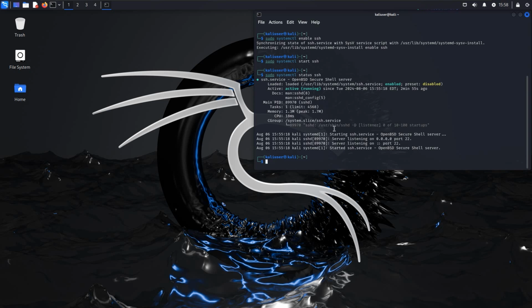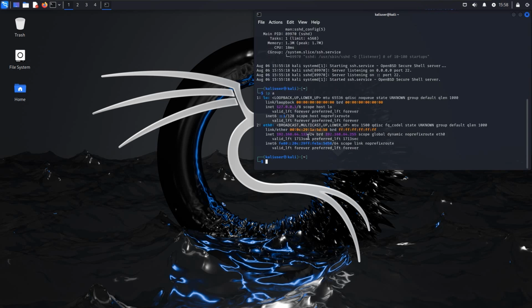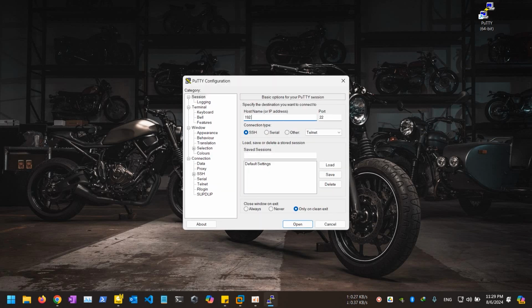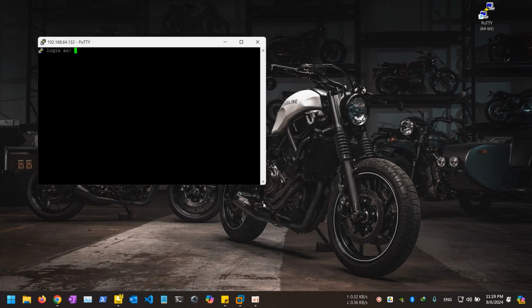That's it. Let's see if we can connect to it through a SSH client. So this is our IP address, 192.168.64.132. And right now we are going to try to connect to it through a SSH client. It's going to ask for the user, Kali user, password is,